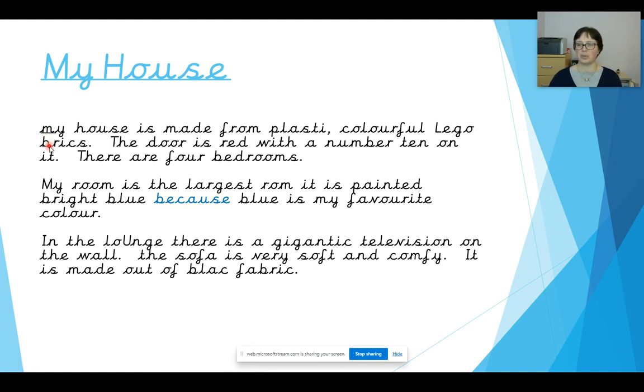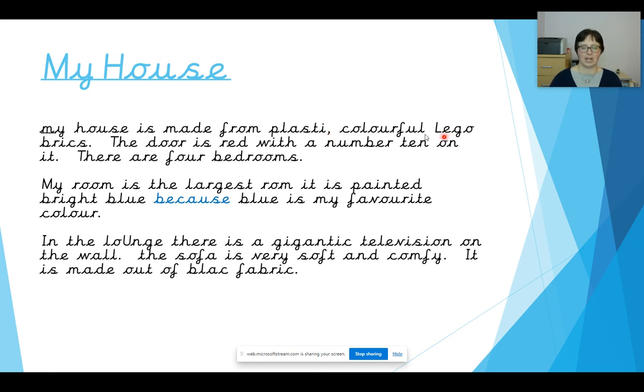So what you could do when you're editing your work is you could get a different coloured pencil or a different coloured pen. My house is made from plastic. Oh, plastic. There should be a k on the end. Which k do you think it is? My house is made from plastic,